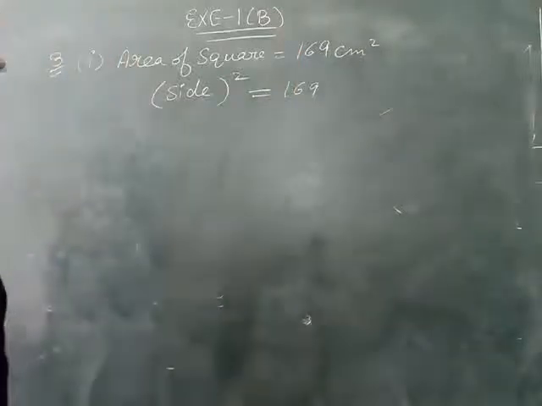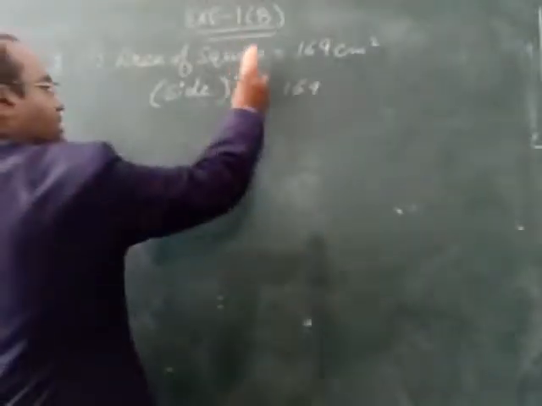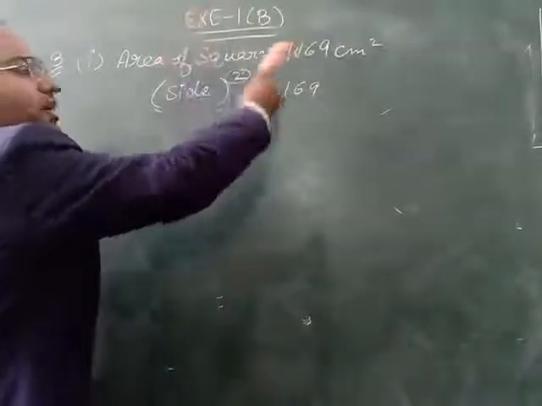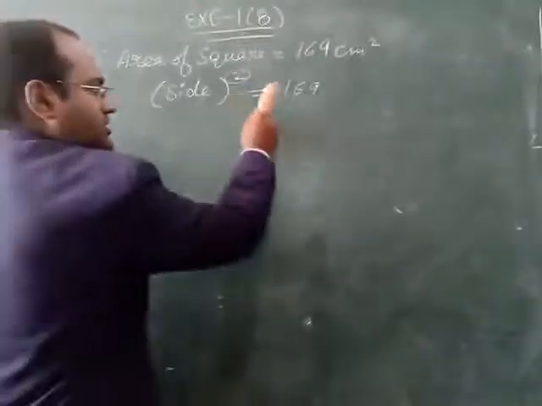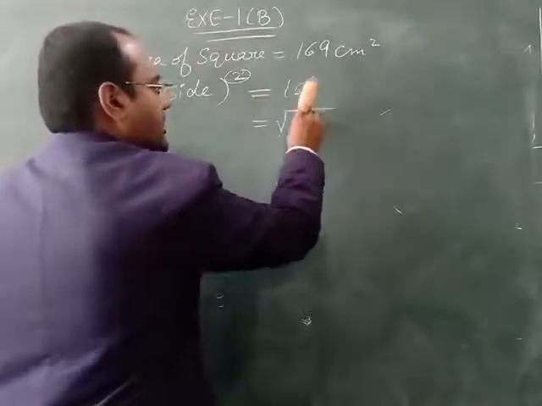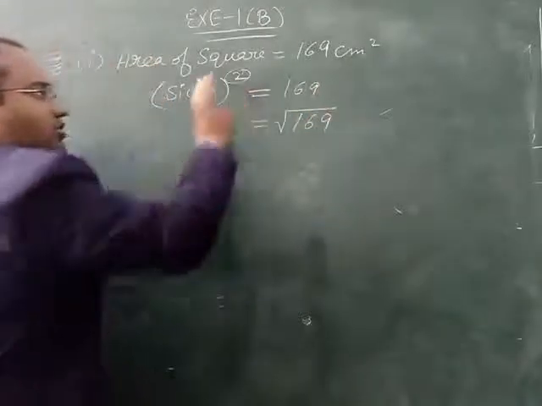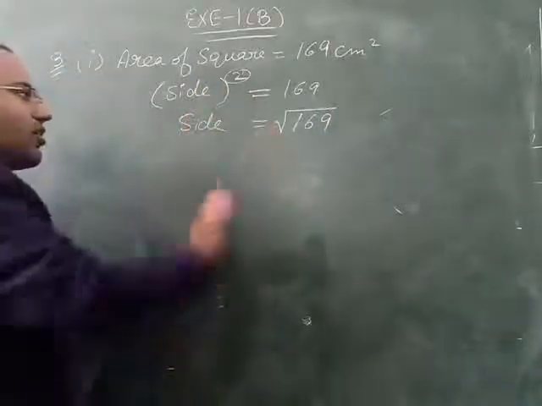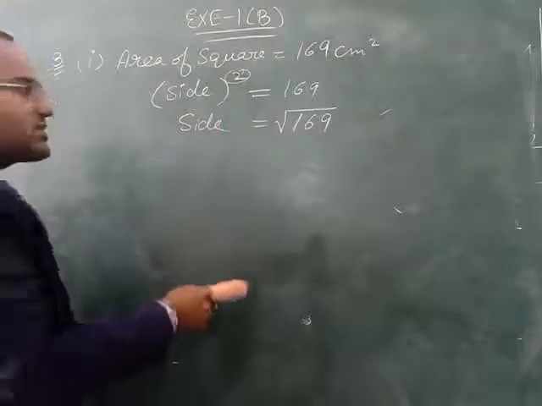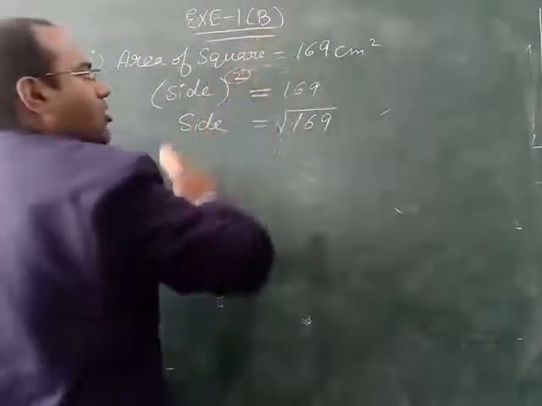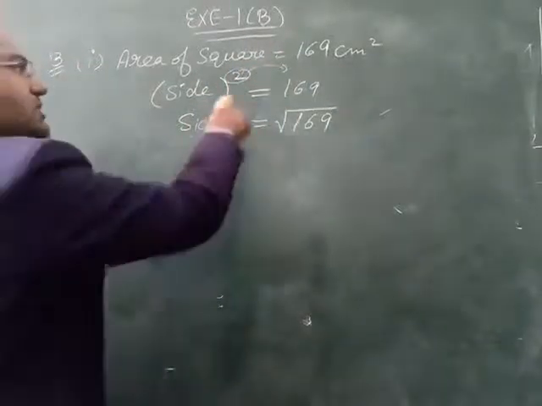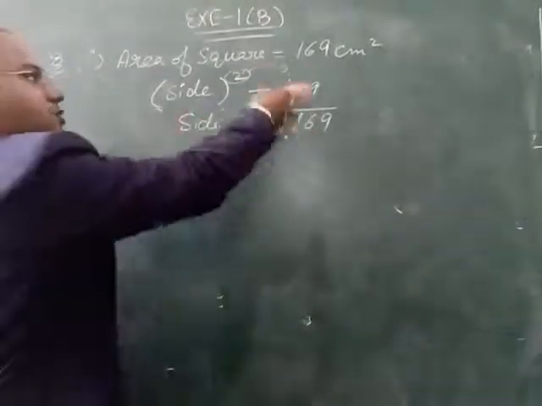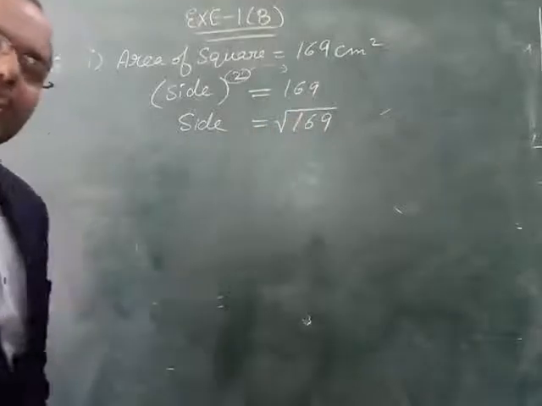Now what you have to remember here, this square is on the left hand side. When we bring this power 2 to the right hand side, we change it into a square root sign. In place of power 2, here we will write side. We will not write side square, because this square we are bringing to the right hand side. So from here the square gets removed, and that square goes to the right hand side and becomes square root.